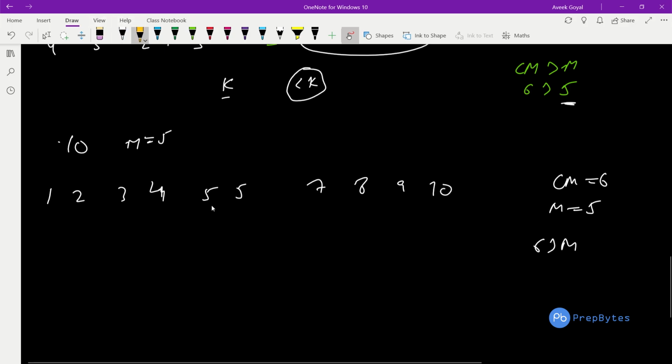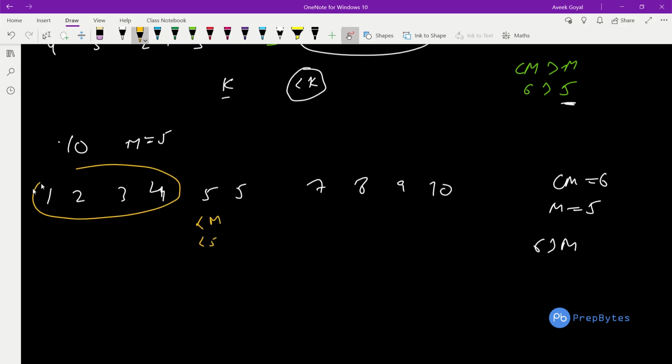So in that particular case, it is not a choice. We have to select all the elements that are less than the max that we need, that is, less than 5. We have to select all these 4 elements in our answer. So 4 is definitely there. Now there is a choice. We can select 7, 8, 9 and 10. If you add it, the max will not change. Only the lesser elements affect the max.